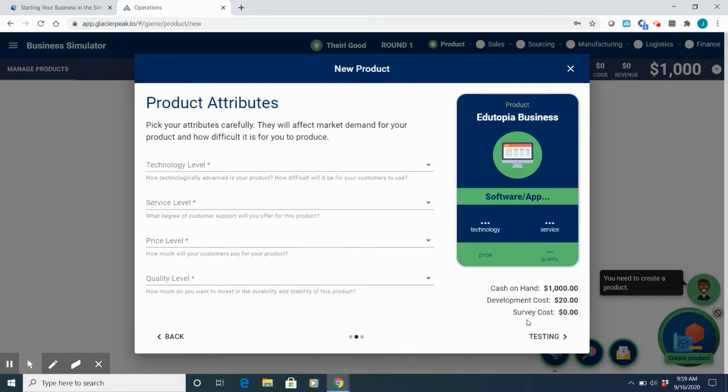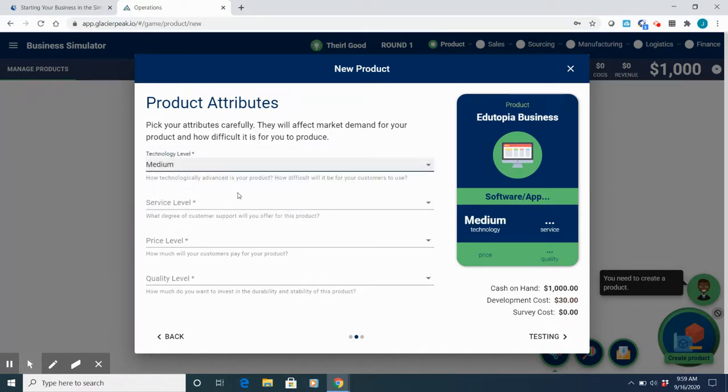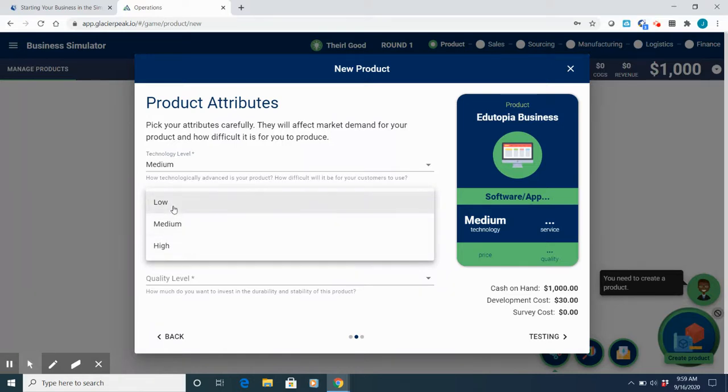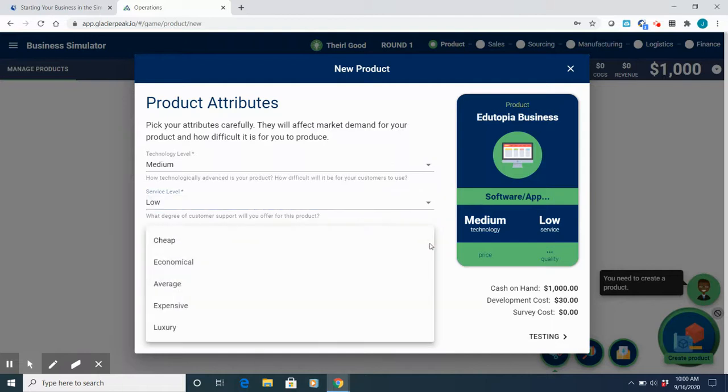Product attributes says, pick your attributes carefully. They will affect market demand for your product and how difficult it is for you to produce. So as far as technology level, I would say this is a medium product. We're not designing the next Facebook, Instagram, or anything of that nature. So I think this is medium. How technologically advanced is your product? How difficult will it be for your customers to use? We want to keep this fairly low. What degree of customer support will you offer for this product? We will have